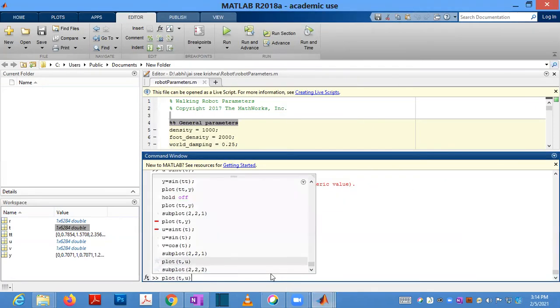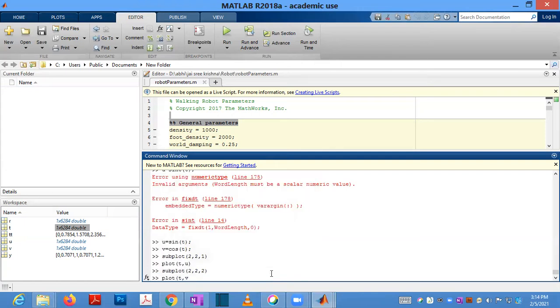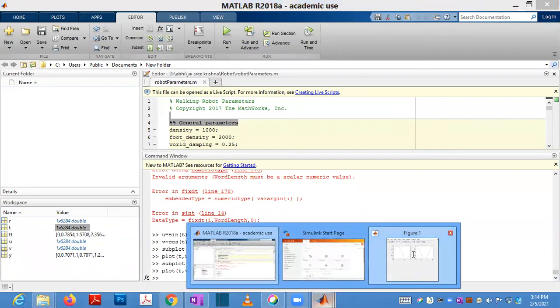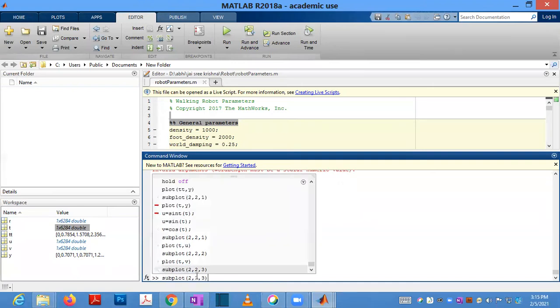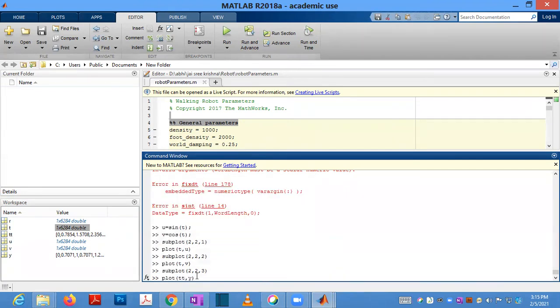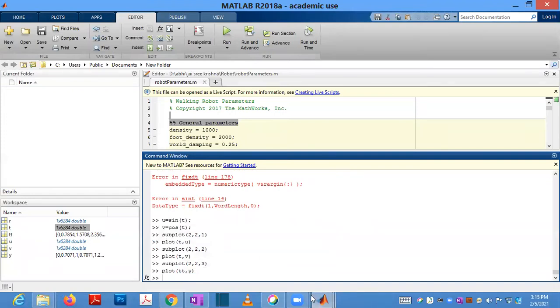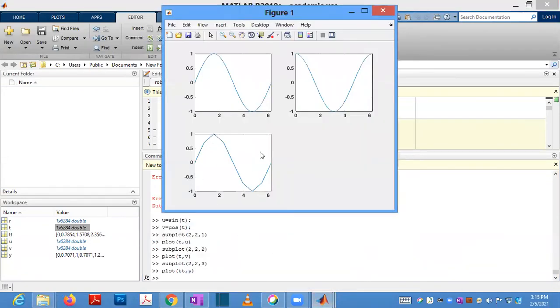So I plot t comma v now, and that will be a cosine wave. This is the cosine wave. Now I am plotting tt comma y: subplot 2 comma 2 comma 3 and plot tt comma y. So the third plot is tt comma y.